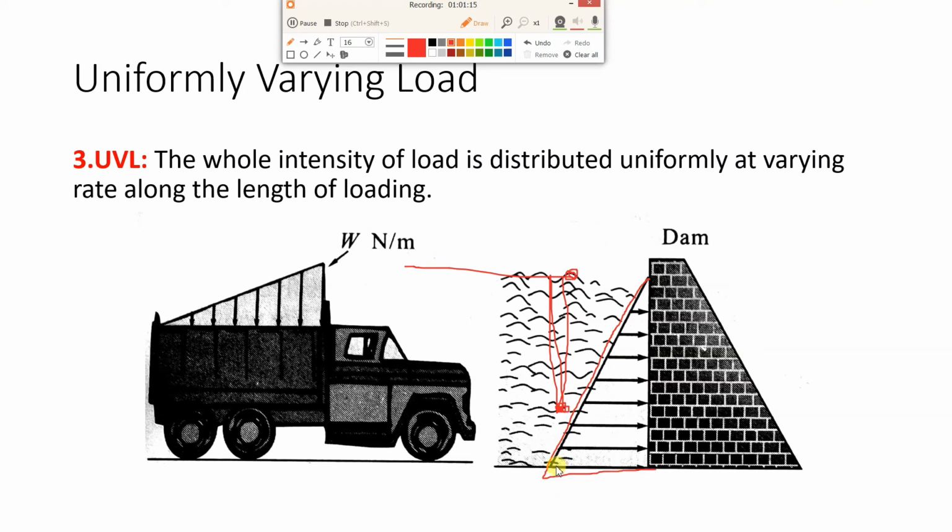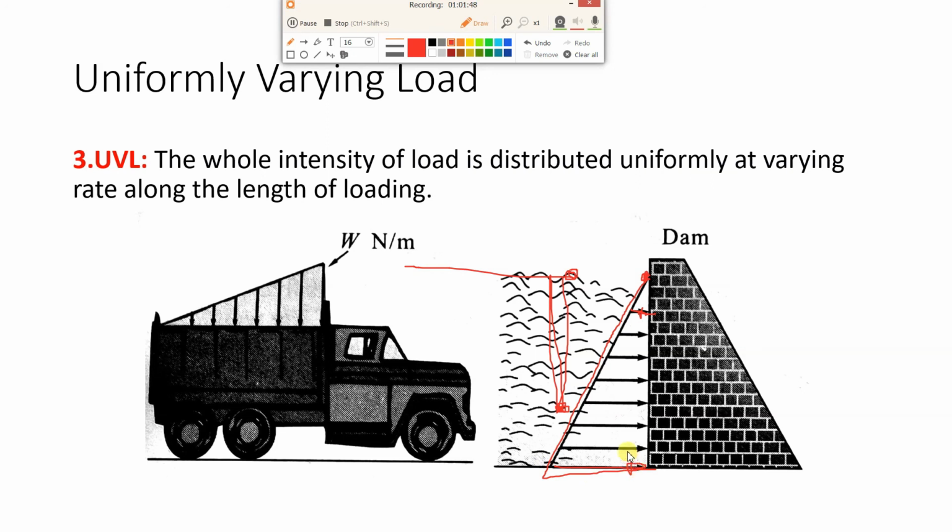On the bottom side, if you consider the seabed, there the pressure will be maximum. That is why here the length of the force arrow is maximum. On the top side, the force goes on decreasing, and there we consider atmospheric pressure as 0, for example, so you will get 0 force. Basically we are converting this pressure into force which is acting on the surface of the dam. This is the surface of the dam, and here it will be a uniformly varying load.